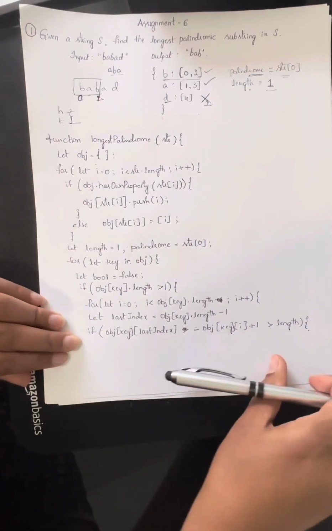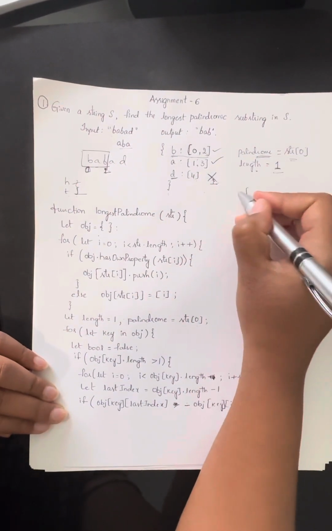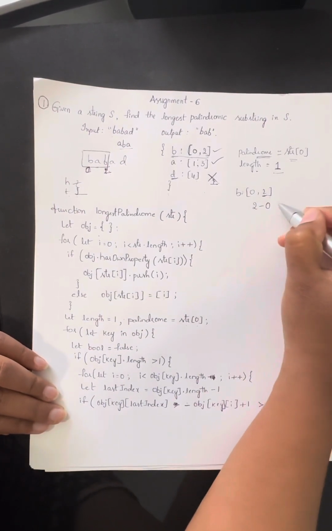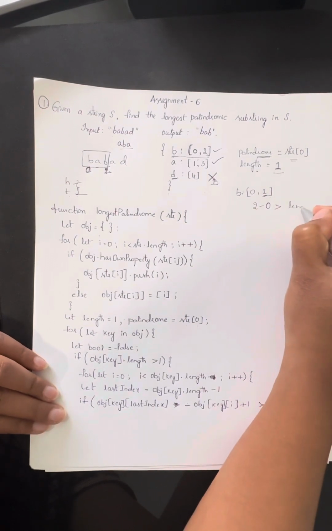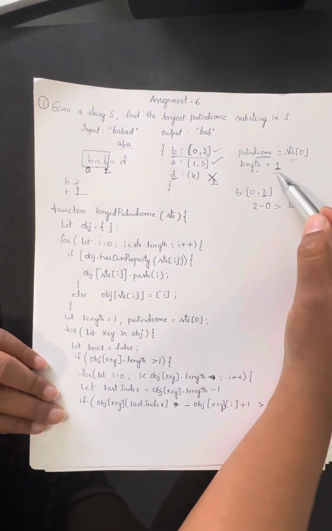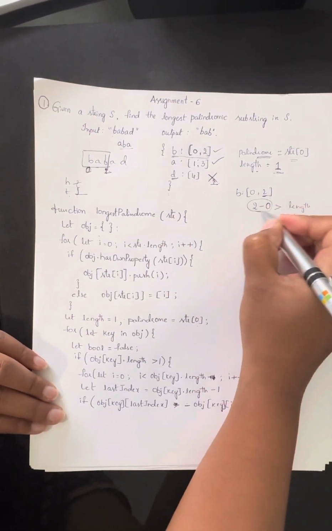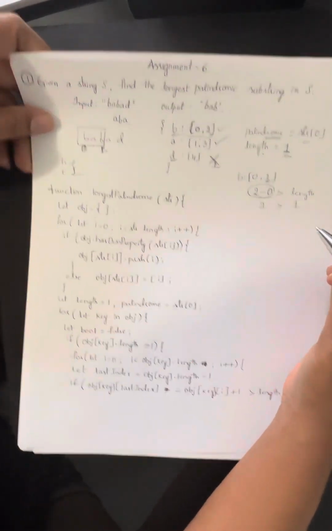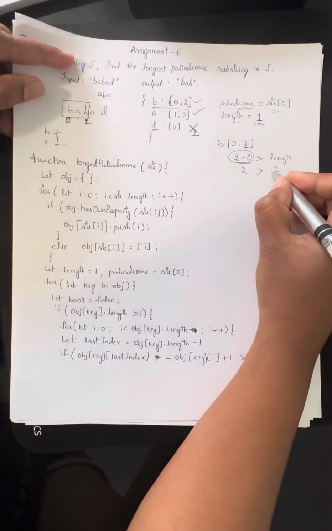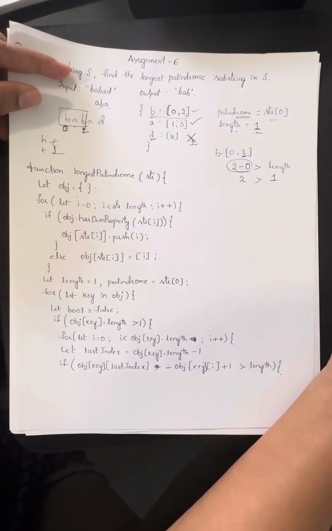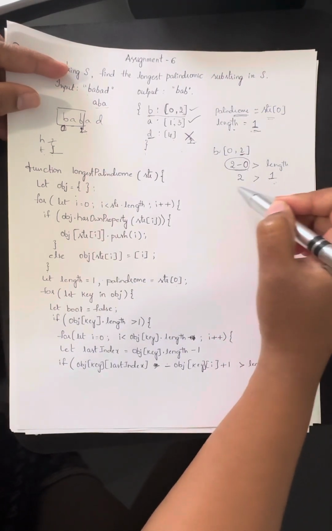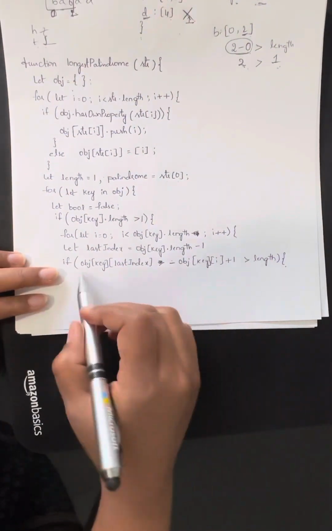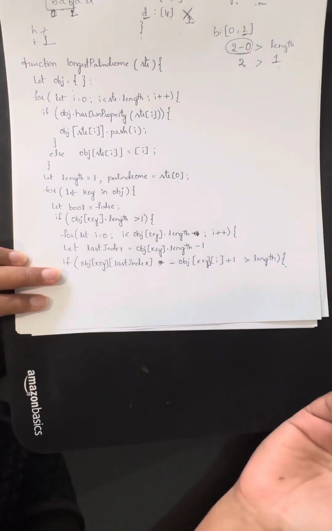So here what I'm doing is, if we take this example, we have for b 0 and 2. So 2 is the last index. I am checking 2 minus 0 is greater than the length. Initially we have the length as 1, and now its length is 2. 2 minus 0 is 2. It is greater than 1. So then only I will check for the palindrome, because we are just checking for the longest palindrome. If we have a palindrome which is longer than it initially, then we don't need to check for the palindrome in that. So that is why I'm checking if last index minus current index is greater than the current